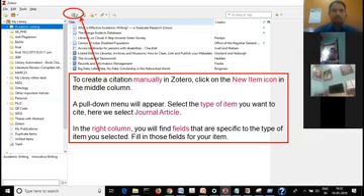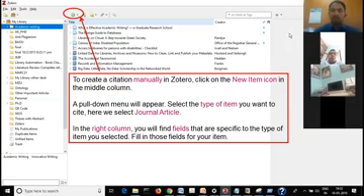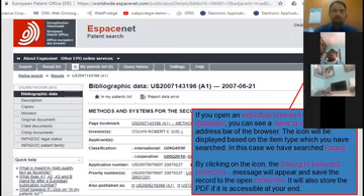Now next, if you want to add a resource manually, just click on this plus icon. There you will see a lot of resources appear. Resources, I mean different types of articles, different types of documents. It may be a journal article, book chapter, or thesis. And then in the right panel, you will have information which you can always fill out.